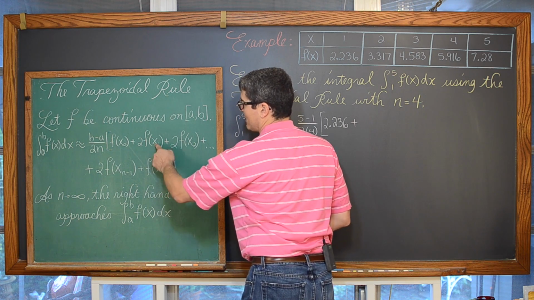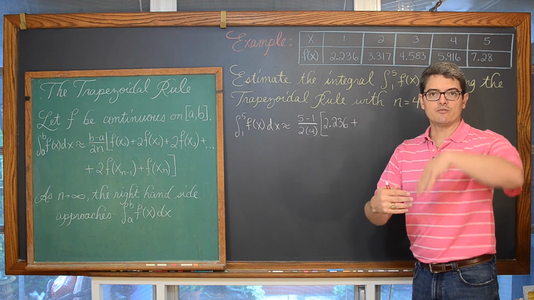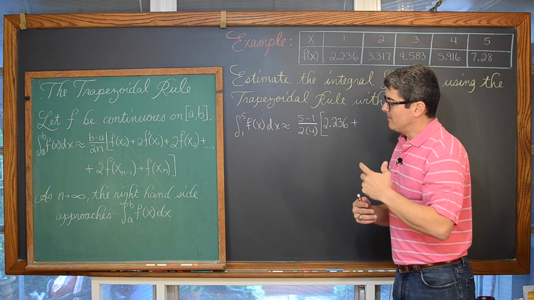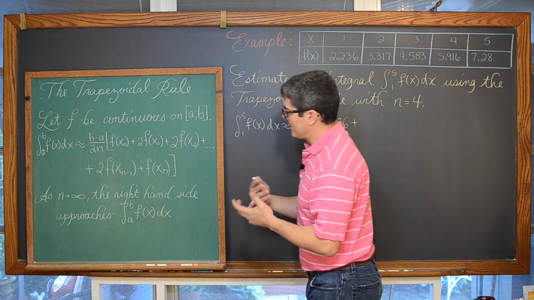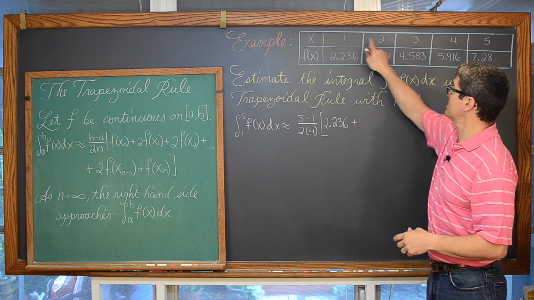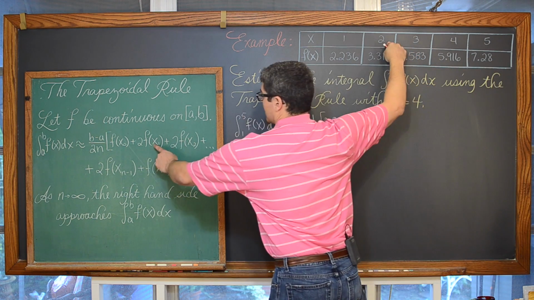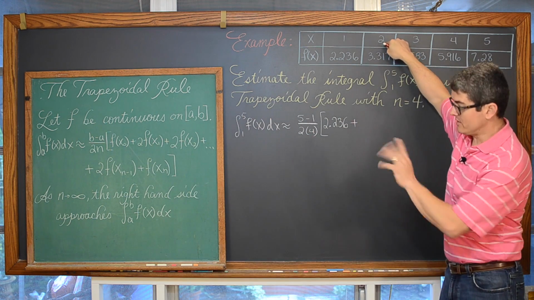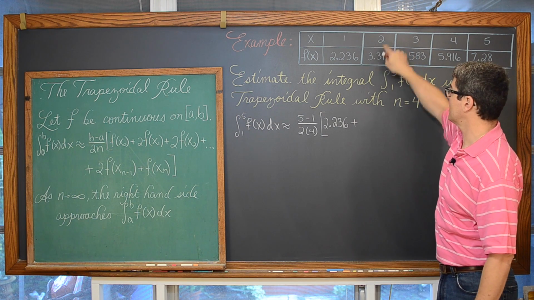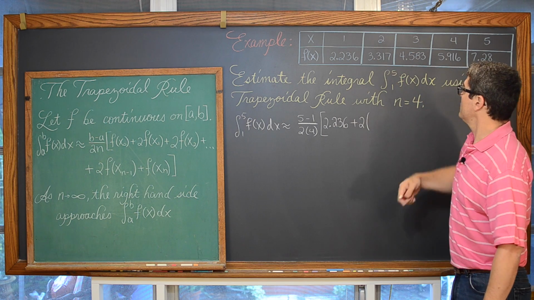2 times f of x sub 1. That's just simply the next number along the interval, next x value, within your interval. So we're counting by ones, obviously. And so f of x sub 1 is going to be your 2. So we're looking at 2 times f of 2. Well, f of 2 is